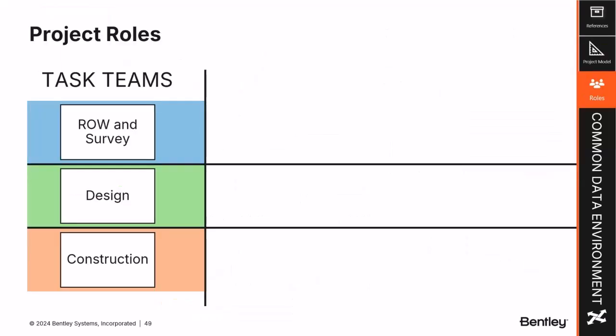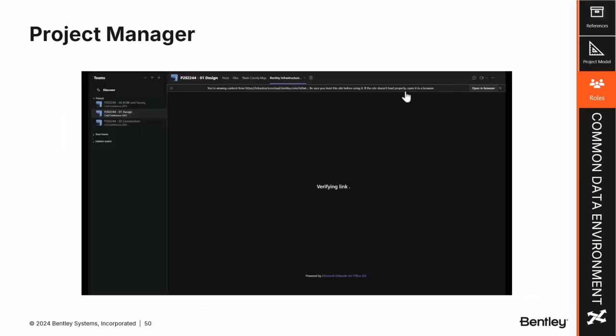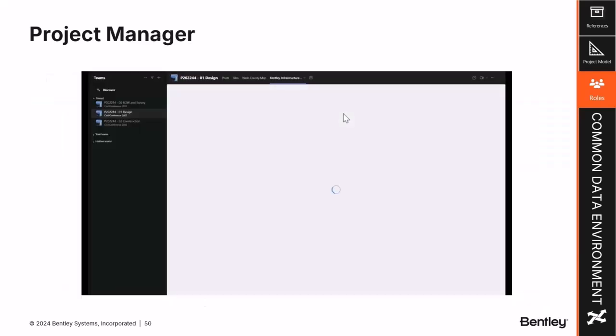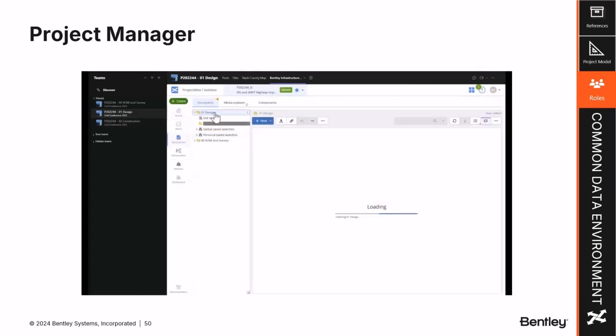And then as previously presented, we had 3 task teams. Within the 3 task teams, we had the 3 different personas of project manager, designer, and client. And as Don and Scott told us before, we had different ways for these different task teams and personas to access the information. For example, the project manager role could use Microsoft Teams to browse for files in the document service that were in the work areas,